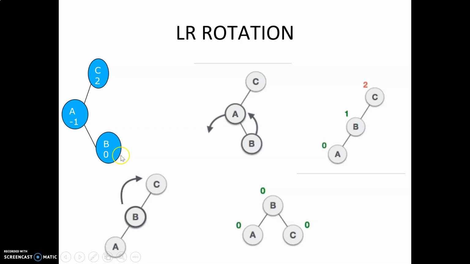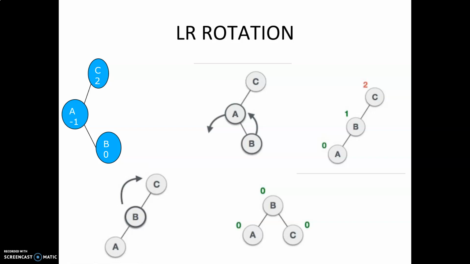On the newly inserted node, we have to see that first we have to perform left rotation of the parent of the newly inserted node. For example, we are going to perform left rotation. This will come down and this will go up. This will be my case when B will go up. So left rotation towards the parent of the newly inserted node. And then we have to perform right rotation of the unbalanced node. See, this is the right rotation. So it will come down. So LR rotation will have two rotations. First is left rotation and then is right rotation.